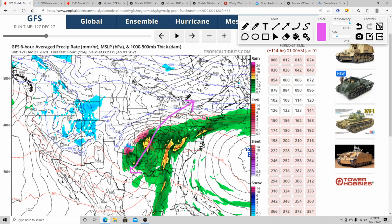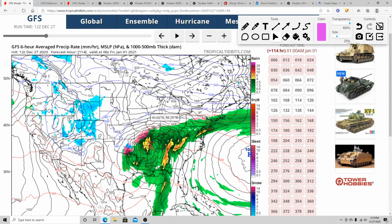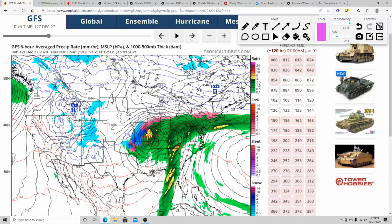Yeah, pretty much your average low track. Definitely something like that. And you can see here later on down the road, definitely some heavy icing could be an issue across portions of Missouri, even back across Oklahoma. Then eventually that cold air really starts to come in, especially for some of that dynamic cooling from the system,